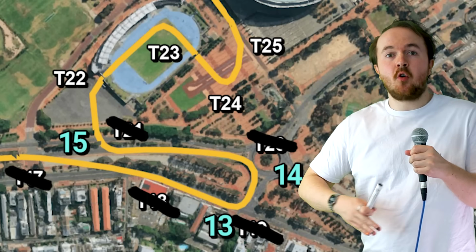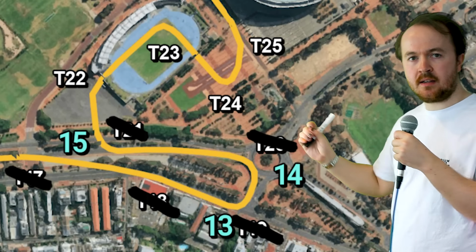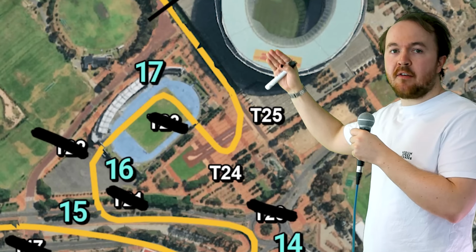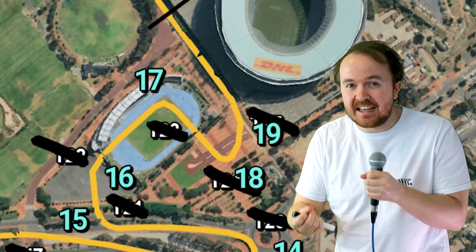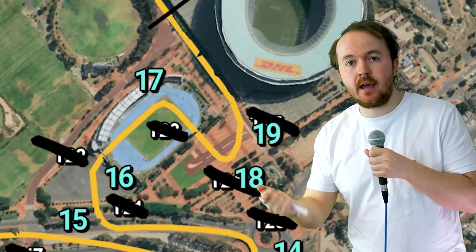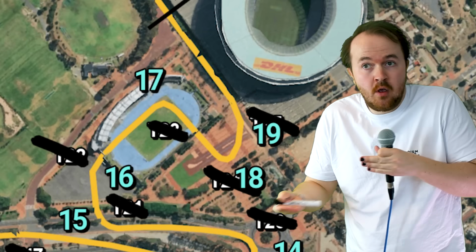Turn 15 then takes us off existing roads and into a stadium section within the Greenpoint Athletics track to finish the lap. A flick to the right through 16, a heavy right inside the stadium, and then a double left of 18 and 19 brings us back onto the pitch straight. Sadly, this section does look like it would act as a separator for cars, making fighting down the pitch straight a lot less likely, much in the same way as the stadium section of Hermanos Rodriguez or the final sector